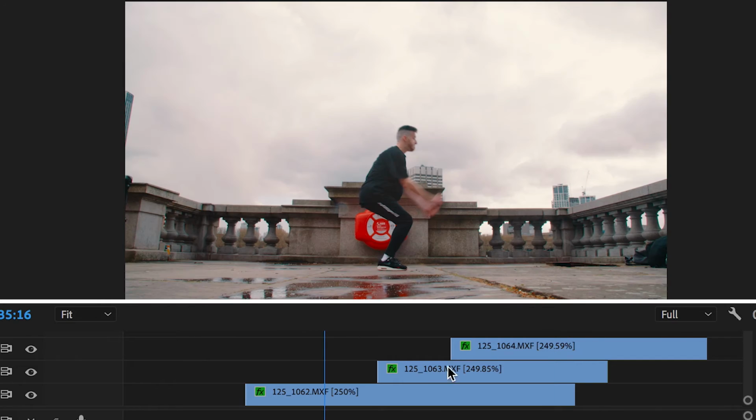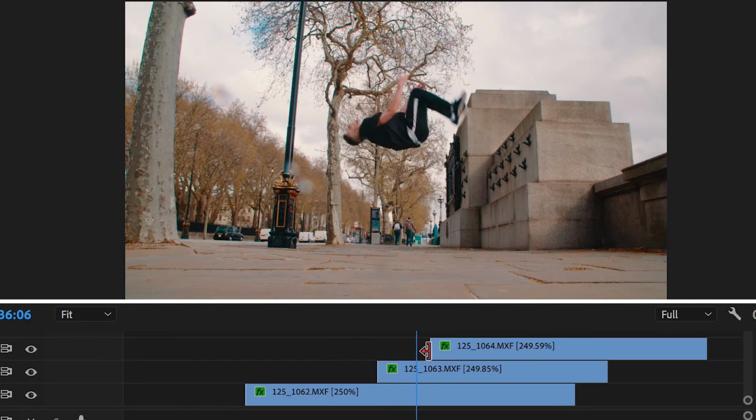Match on action cutting is a really awesome video editing technique that can really help to add a lot of character to your videos. So the next time you're shooting a video, a music video, a dance video, whatever it is, consider shooting the same action in different locations and see if you can use match on action video editing techniques to take your work to the next level.